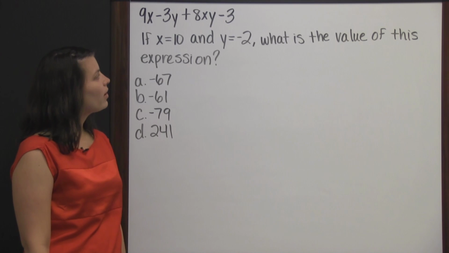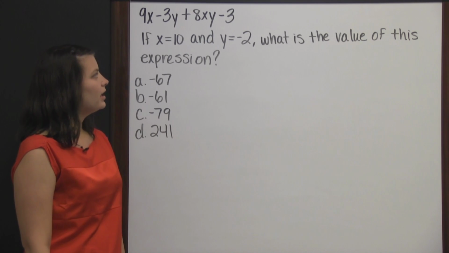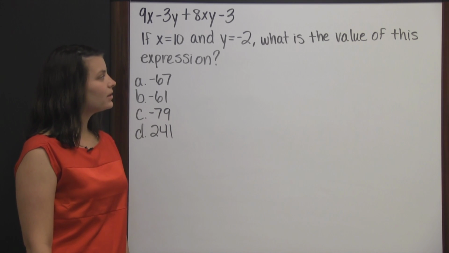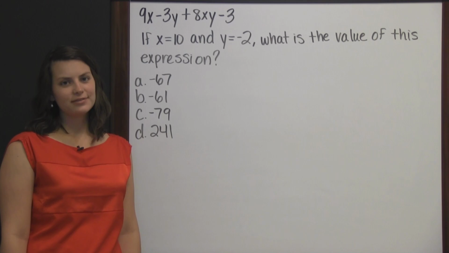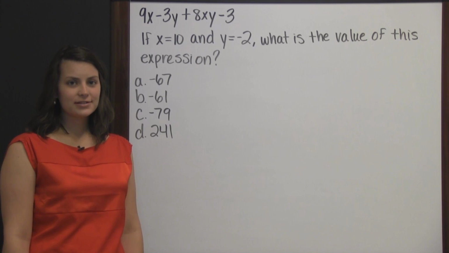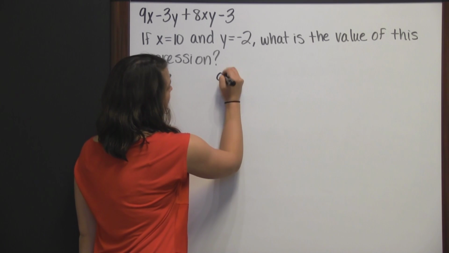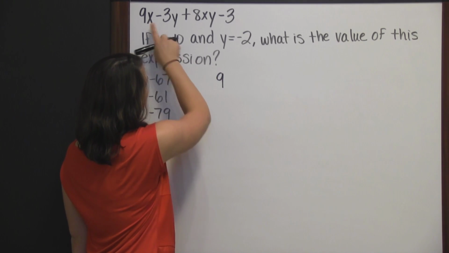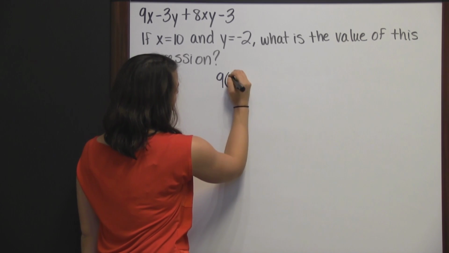(9x minus 3y plus 8xy minus 3). If x equals 10 and y equals negative 2, what is the value of this expression? First, we need to substitute. 9 times x, and we're replacing x with 10. So 9 times 10